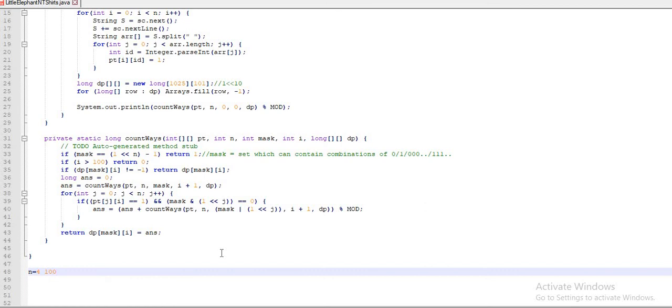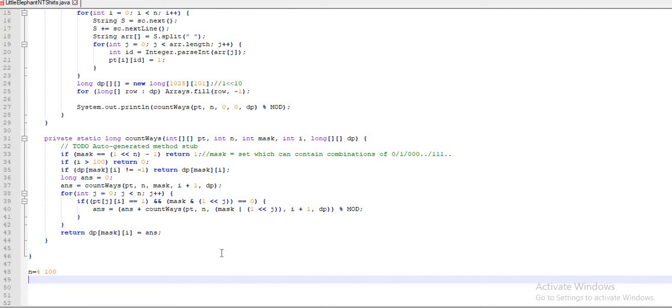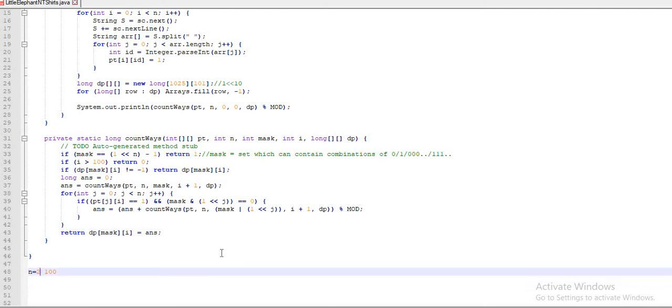Now to convert it, shift 1 to the left by n times. Instead of 4, I will take 10 for less complexity.